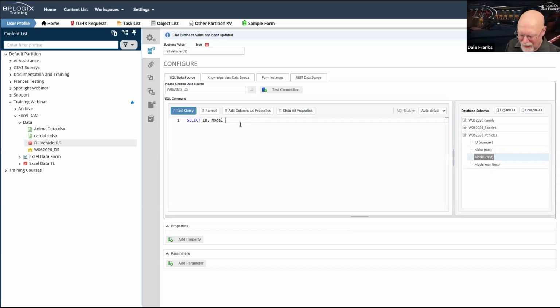So we'll select ID, model from, and this table is W06 2026 vehicles. And then I'm going to want to order by model.